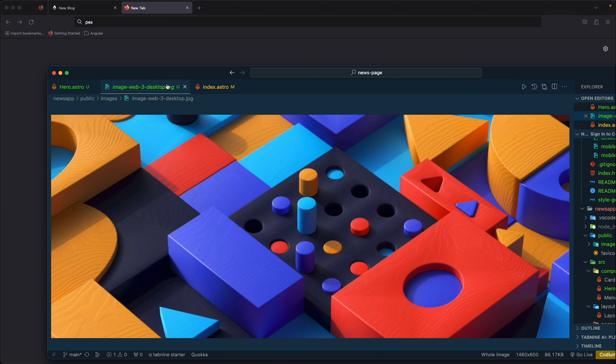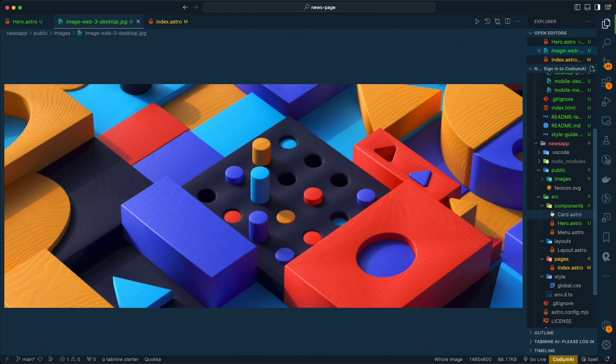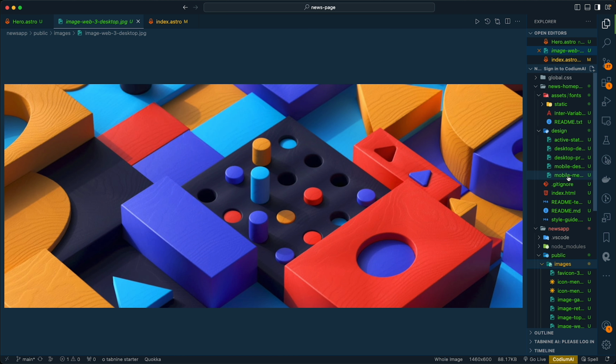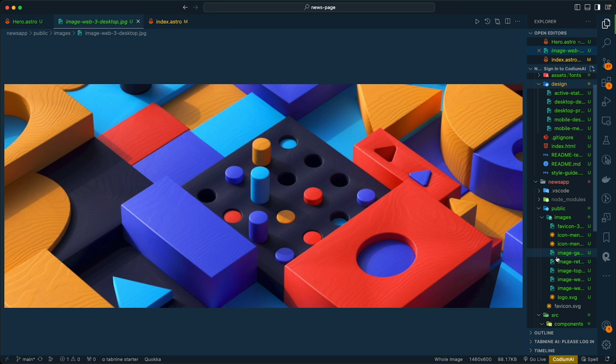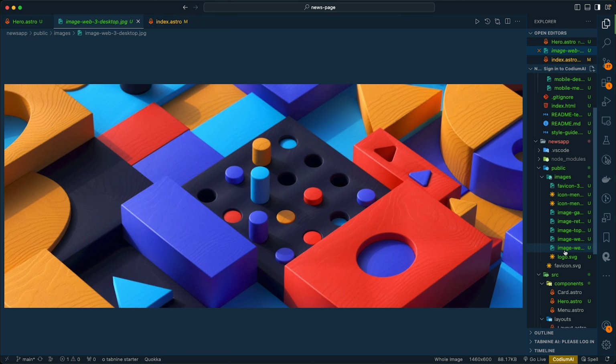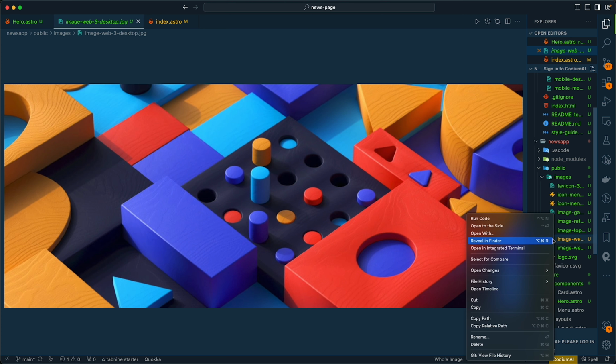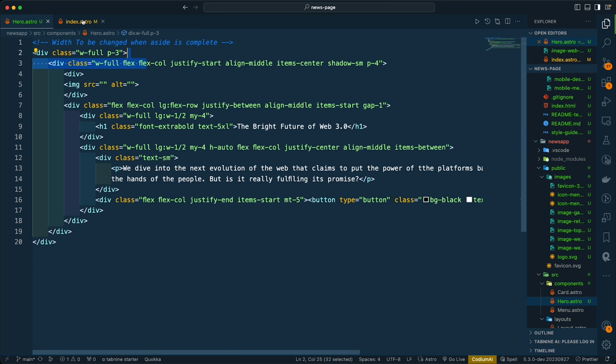And so this image, just to make sure, that works either way. So this image is for the desktop, so I will copy the relative path and then